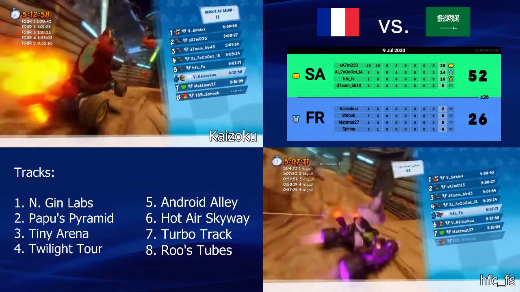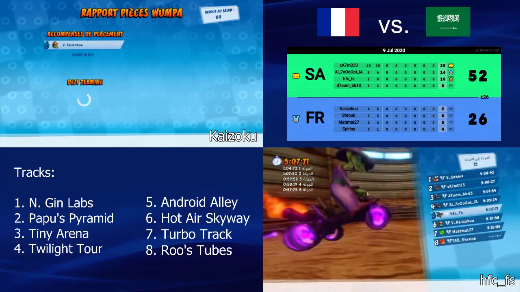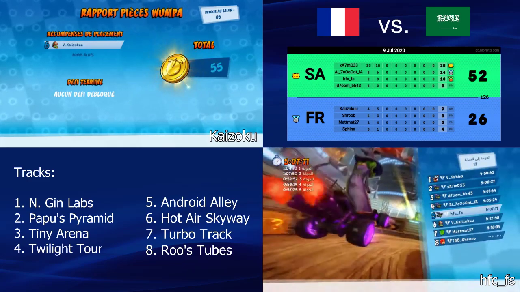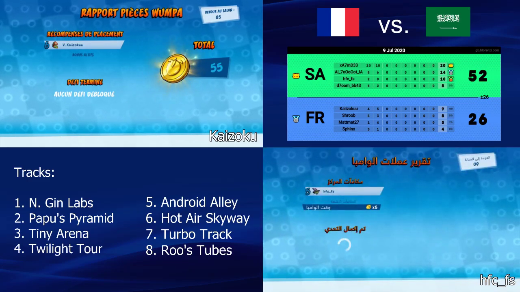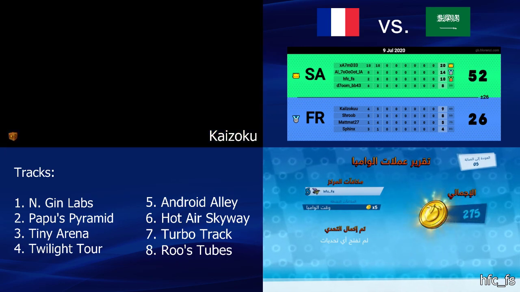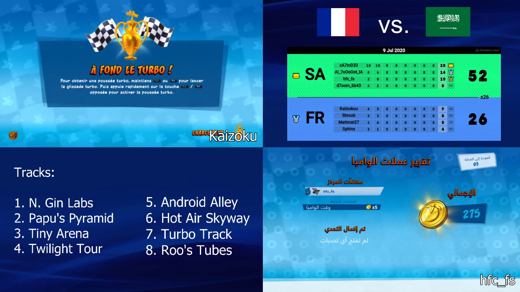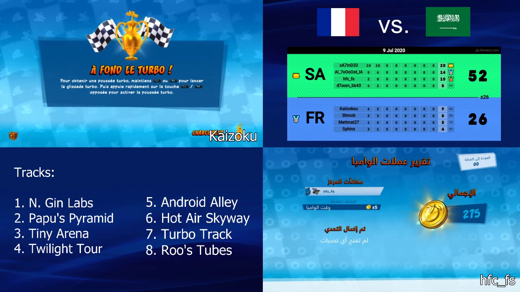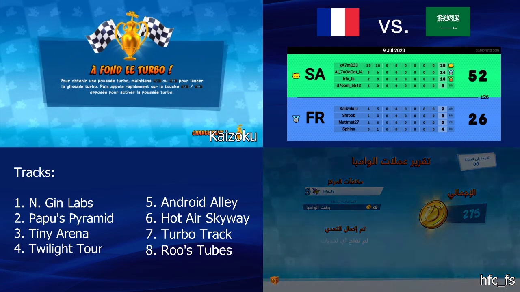One thing that's definitely not mentioned a lot is the Saudi Arabian players rarely team kill each other. You don't usually see that from them. Even when they are close to each other, they don't hit each other with backspam. They don't hit each other with masks and stuff. They are really good at evading their own items.